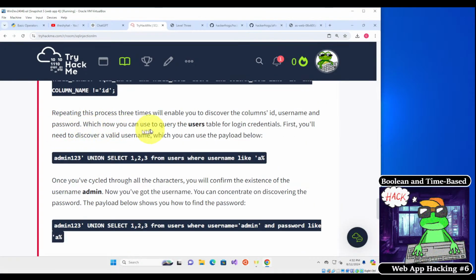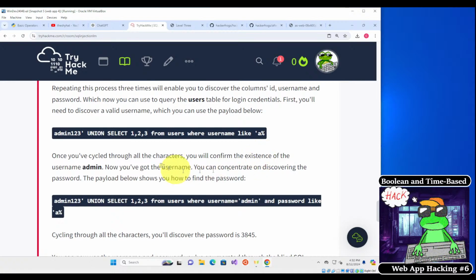Repeating this process 3 times will enable you to discover the columns ID, username, and password, which you can use to query the users table for login credentials. First, you'll need to discover a valid username, for which you can use the payload below. So it's going to be username like A. We know that there's a user called admin inside of the database from our previous enumeration. So once you've cycled through all the characters, we will confirm the existence of